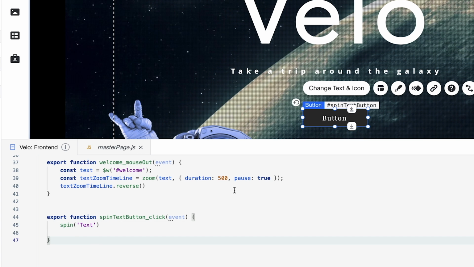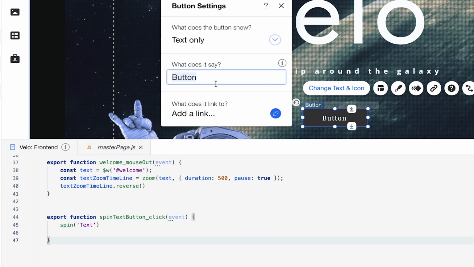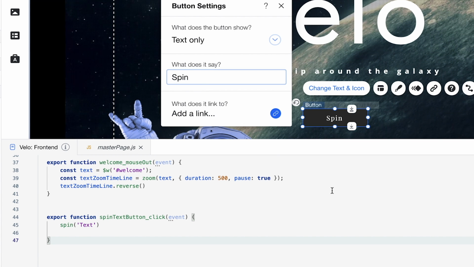And I could just get up and going with this Velo package, really easy. I'm going to statically change the name of this button, and I'm just going to have it say spin, just so I know the action. I could even add a function so that, using a promise that's returned after I click this button, this label changes once the button is clicked. So you can do a whole bunch of different things.